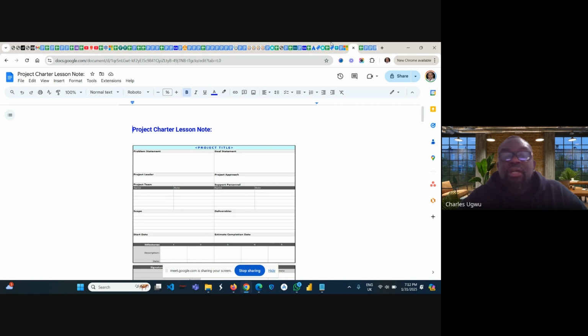So the first place to start in a situation like that is to reference the document, drawing their attention to the project charter, that this is not captured here, that it is out of scope, and let them use the change request form to address this issue so that they can make a new budget and then update the project charter if there is a need to capture this particular project